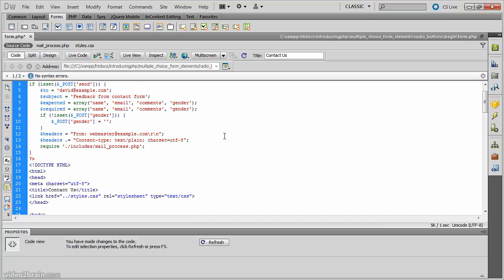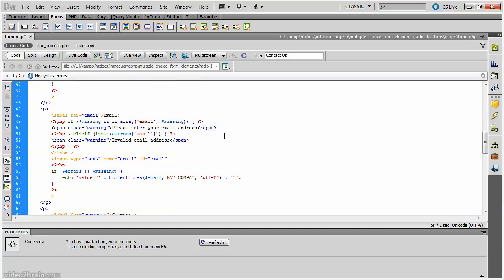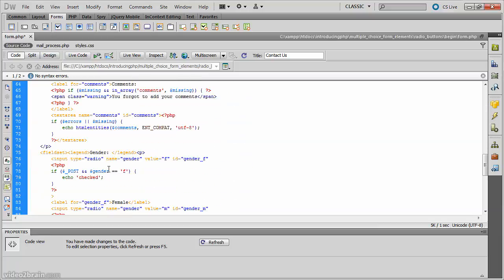So let's add an error message to the legend here, and we'll put a span in here. Please select a value. And we need to control the display of that span with a conditional statement. So PHP